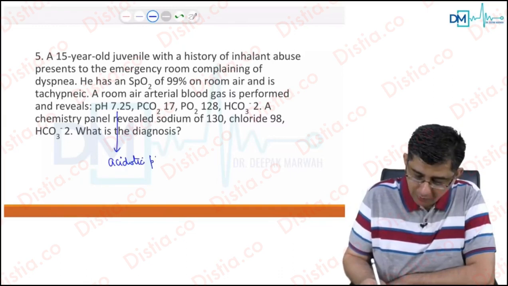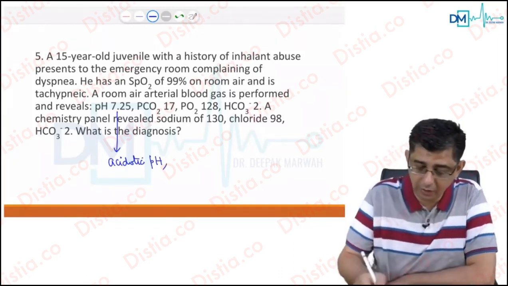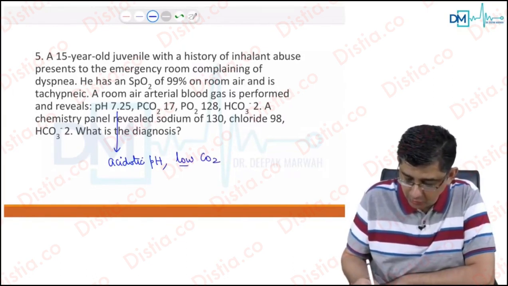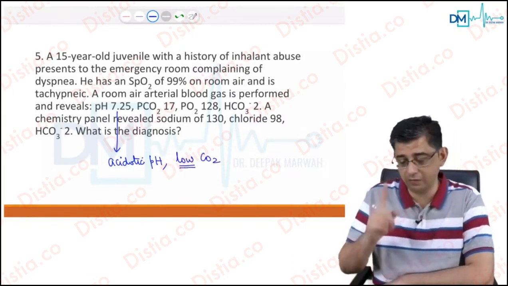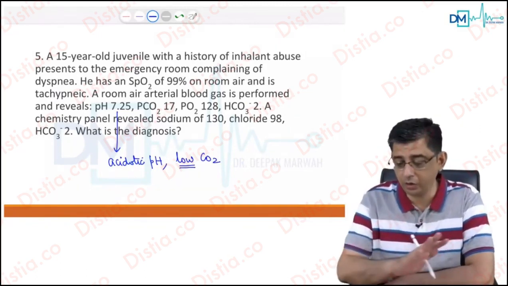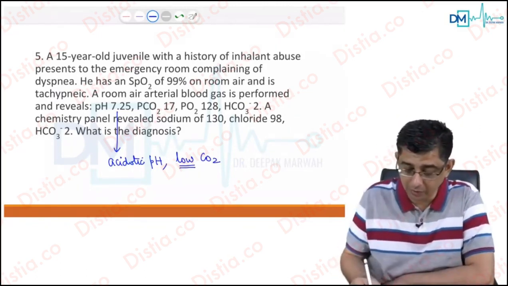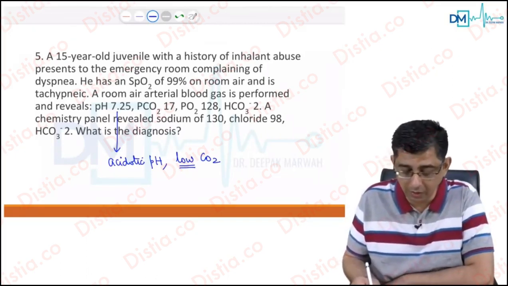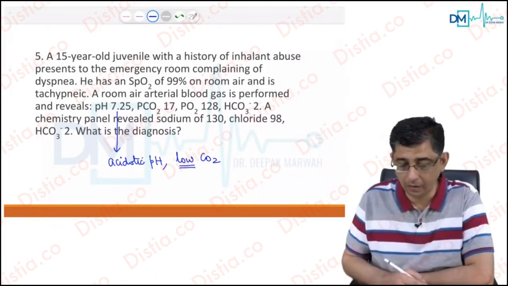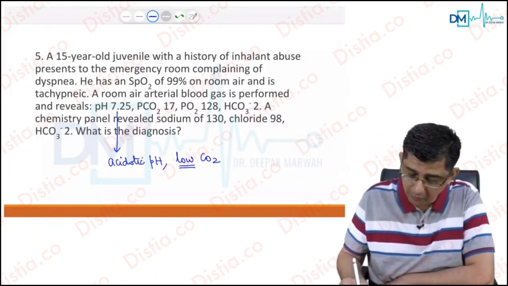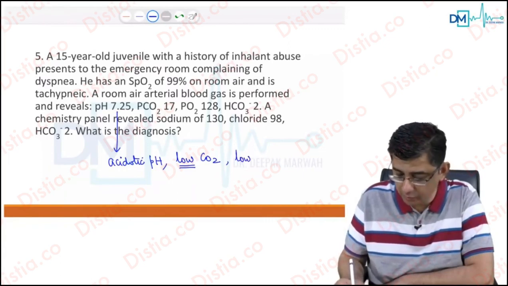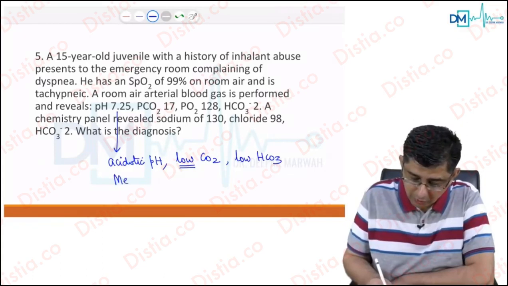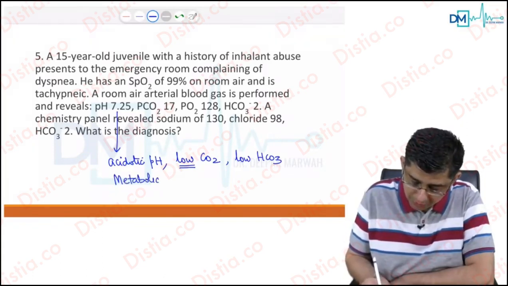In an acidotic pH in a patient, the carbon dioxide value of this guy is not elevated. It is low carbon dioxide in the question. So in all the previous questions, carbon dioxide was elevated. This time it is low carbon dioxide. So definitely not a respiratory etiology from the perspective of acidosis. This acidosis is not explained by low CO2. Respiratory acidosis has a high CO2. Now I will focus on the bicarb of this guy. This guy has a very low bicarbonate. So the diagnosis of this guy is metabolic acidosis,